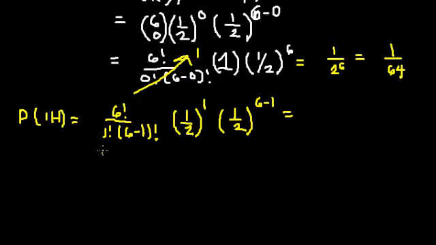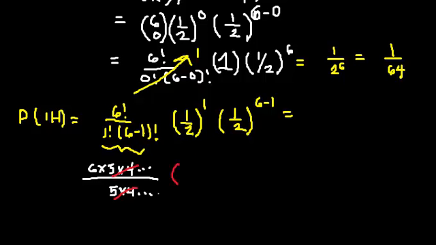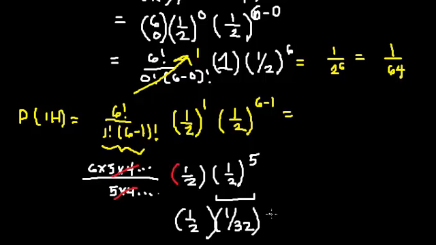So we'll be left with 6 times 5 times 4 divided by 5 times 4 and so on. That cancels out, leaving us with 6, and 1/2 raised to 1 is 1/2, times 1/2 raised to 5. But 1/2 raised to 5 is 1/32 times 1/2, and that is the same thing as 1/64, the same answer as previously, but the only difference now is this has a 6 in front,